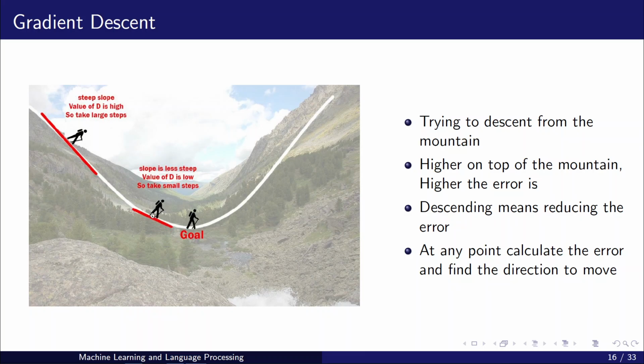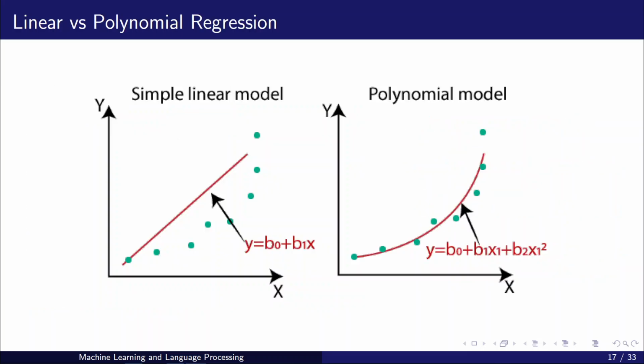So when you are here, you move a little bit. Let's say you have moved a little bit more and you reach here. Again the error is high. So that means you have to go back, you have to go in the opposite direction. So from here you go a little bit in the opposite direction. Ultimately you will reach a place where the error is minimum, and that may be your goal. So the gradient descent method can be illustrated like this. So that was linear regression and the gradient descent method.